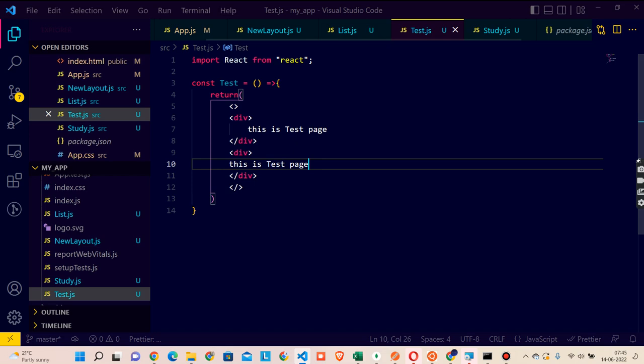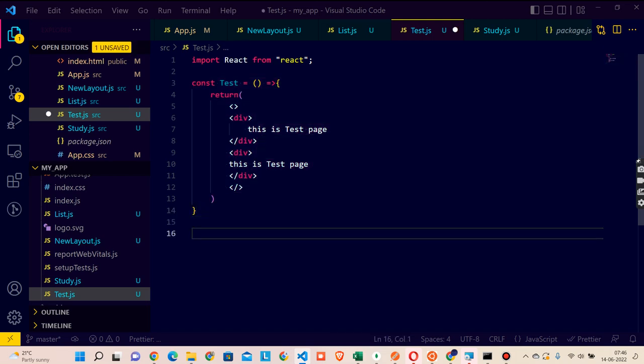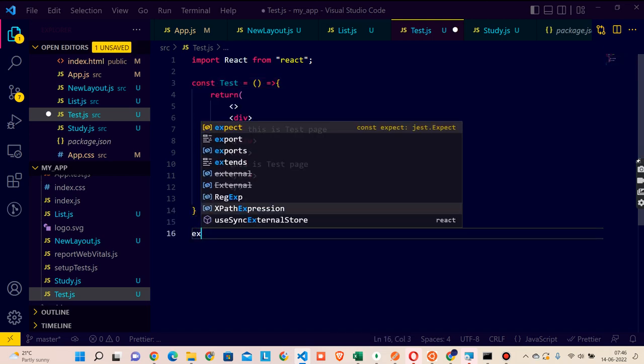Okay, so now we have created this component. You imported React, you have created this component. Now we have to export it. If you want to make it available, if you want people to know about this and use it, then you have to export it. So export